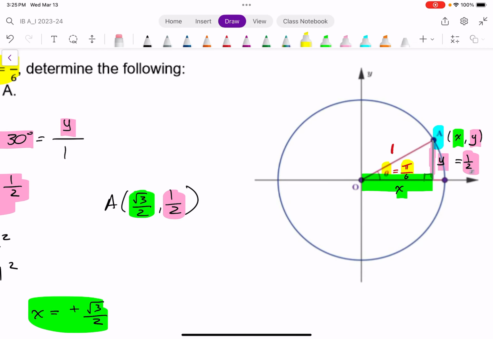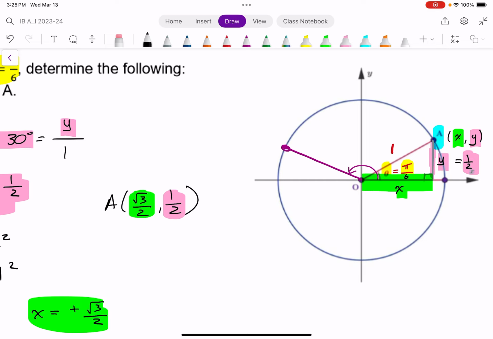Well, 180 degrees, or pi, is from here to here, but then we want to subtract pi over 6. We want to subtract 30 degrees. And so that would actually look something like this. It would be a reflection of what was given. And so this here is pi minus the 30 degrees, or minus the pi over 6. We have this, and that's the angle we're looking at, which means that coordinate of A will now change and